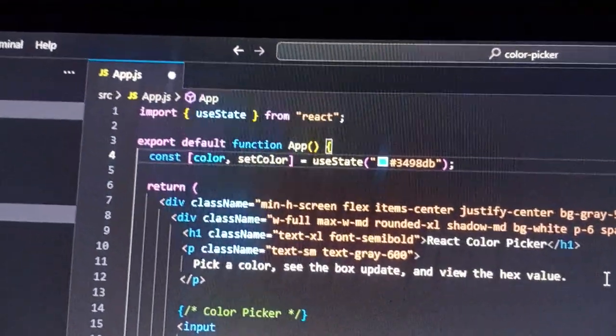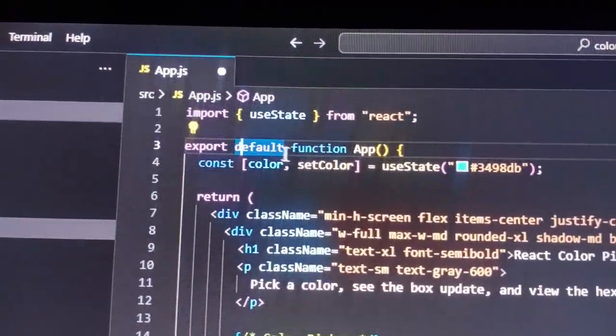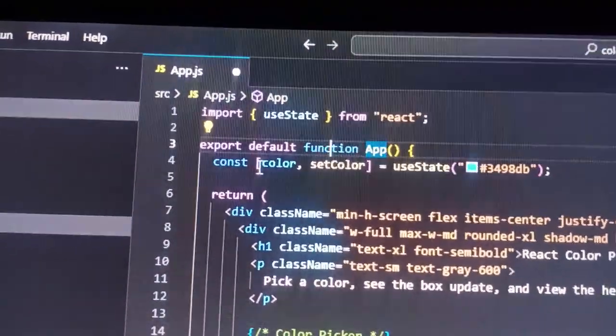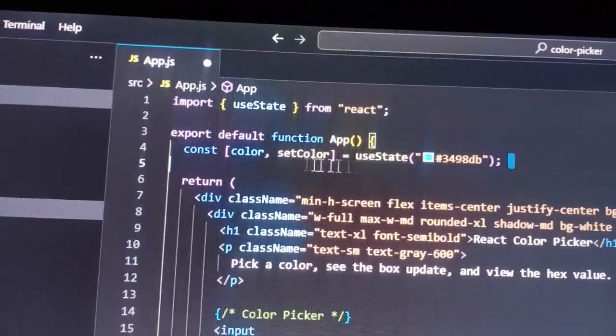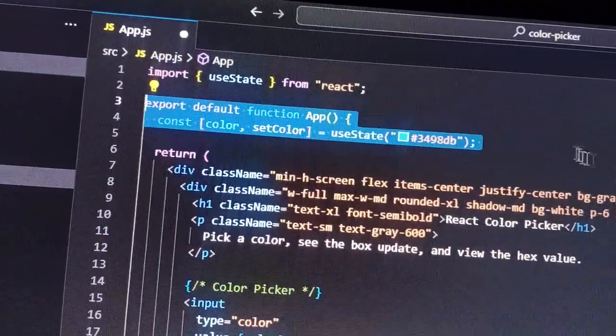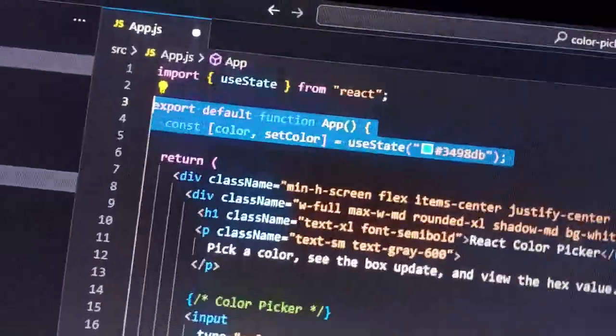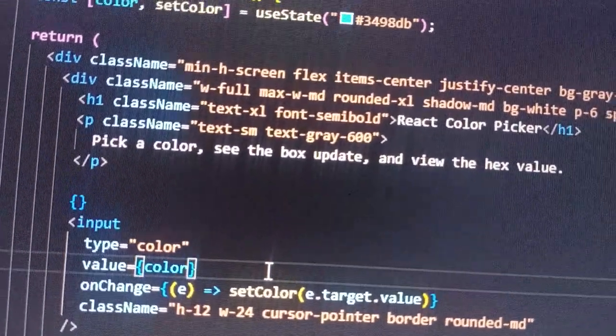So as you can see here in the code, we have an export default function App. We have here a color, setColor, useState. So basically this is the default color for our color picker, and this is our color picker.